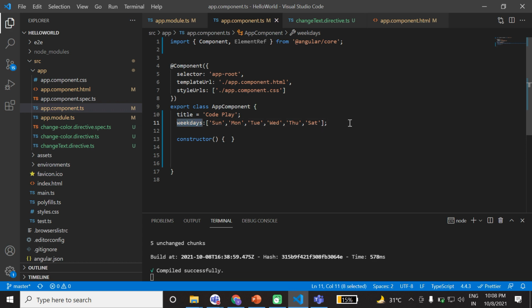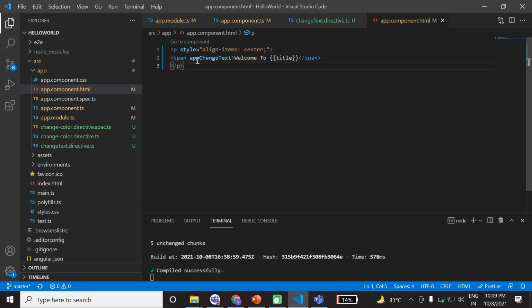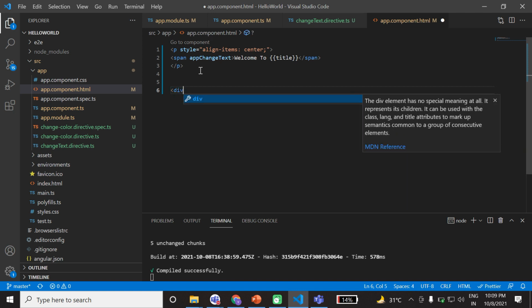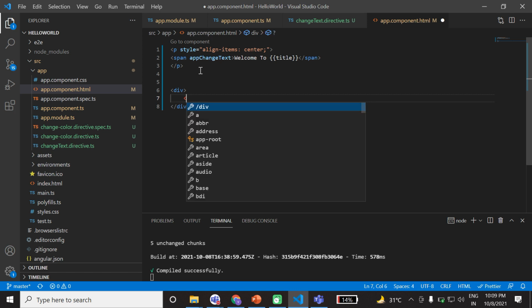So how can you use this array variable? By using a structural directive. Just use a div and inside it an h1 tag. I will use string interpolation.